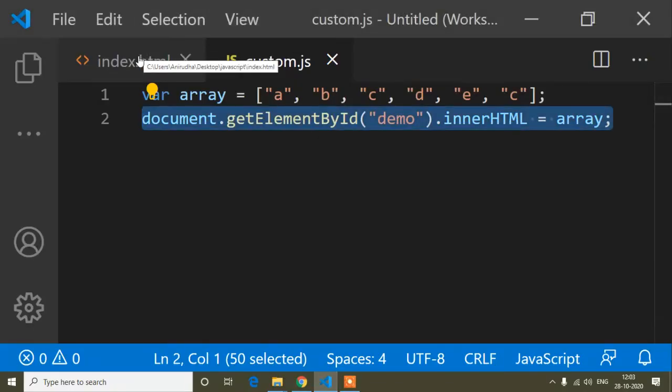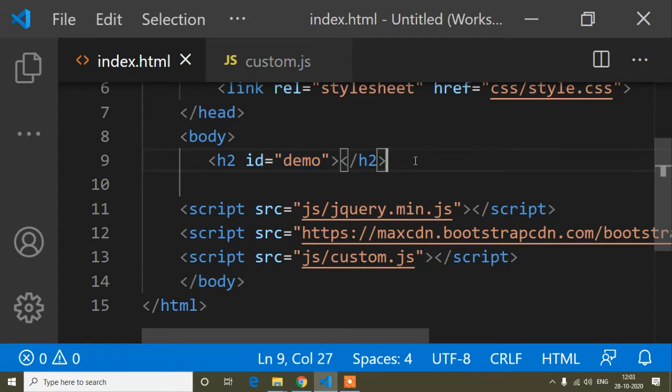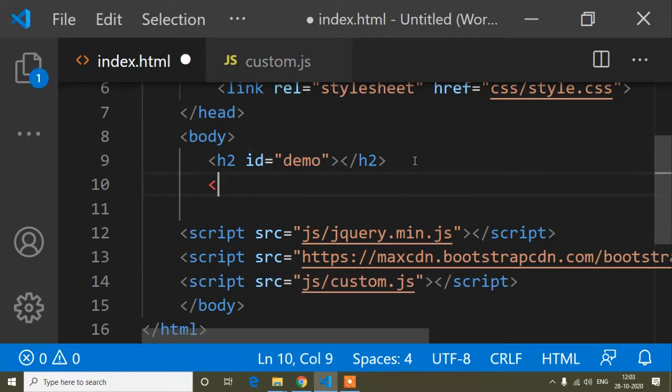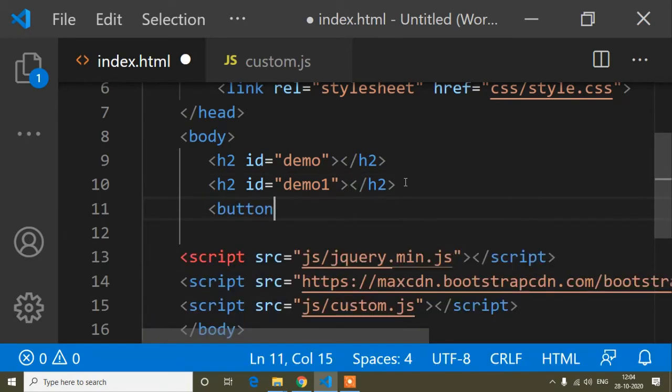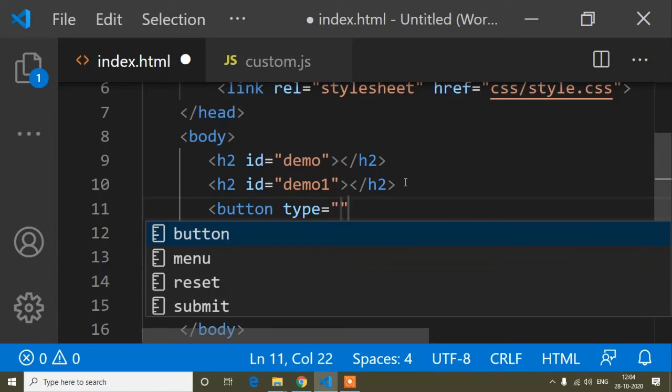First of all, I will show you this. You can see it's the original value of the array, and now I will use the array last index of method. Again, I will write another h2 tag with another id, where I will show the result after using the array last index of method. And now I will take a button, because when I click the button, I will use the array last index of method.